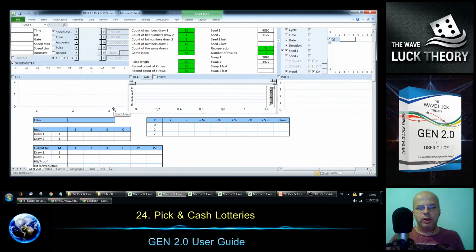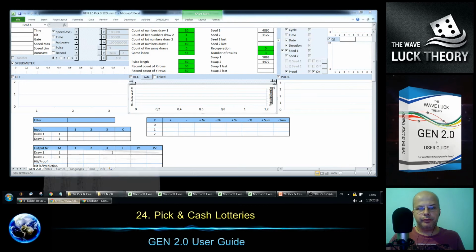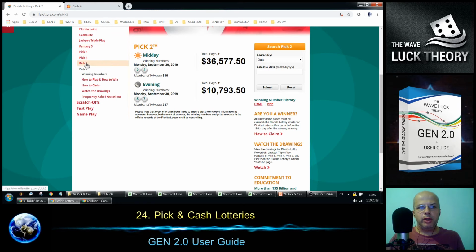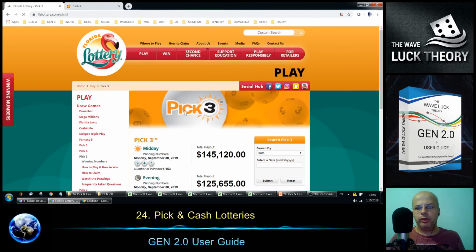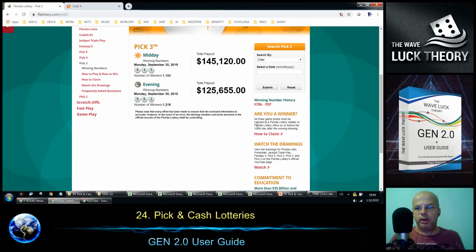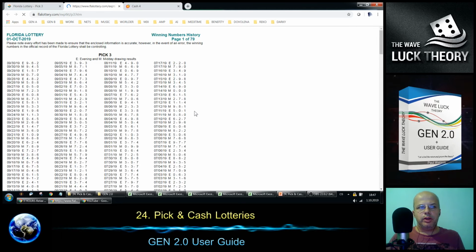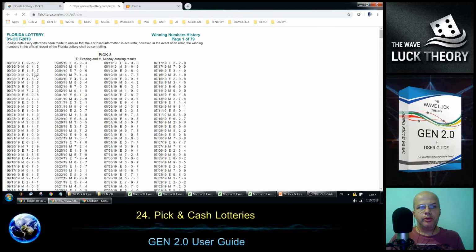So let's fill in then lottery pick 3. I can close the numbers for pick 2 and select pick 3 right here, and going to the HTML winning number history, it's right here. Depends on the lottery you are playing, you will find these numbers probably also somewhere else. So 1, 5, 7,